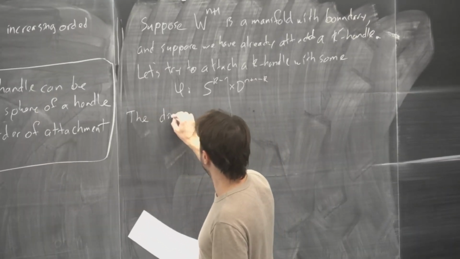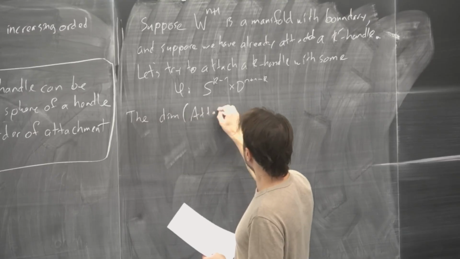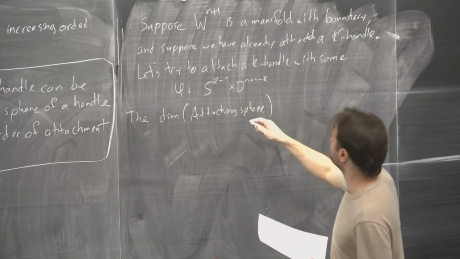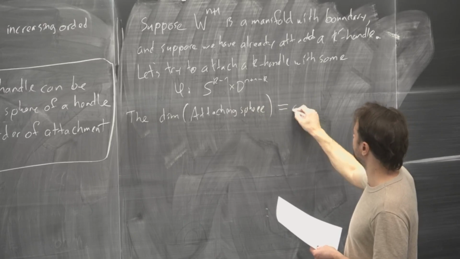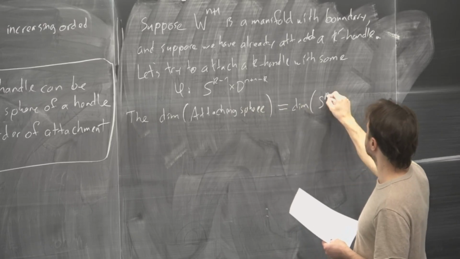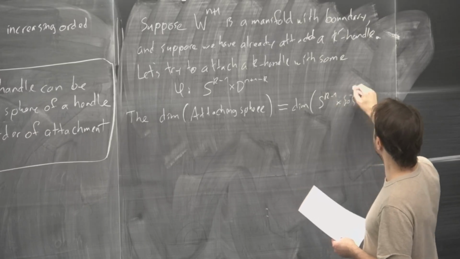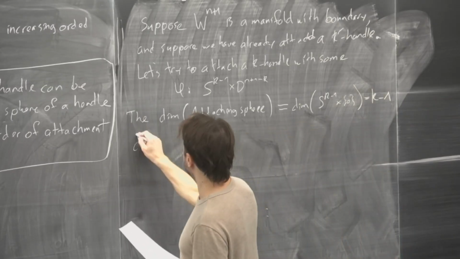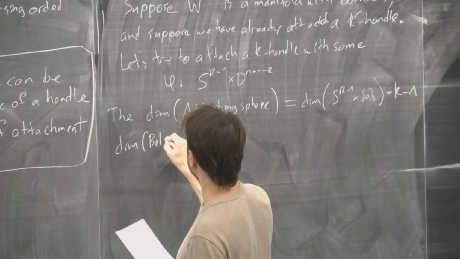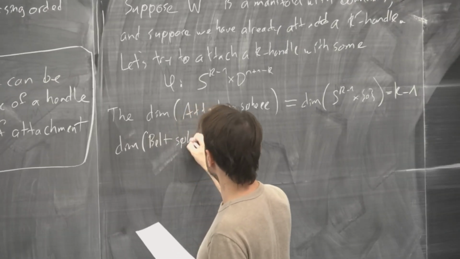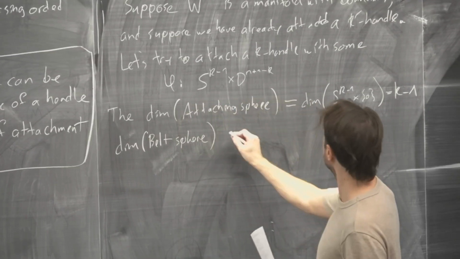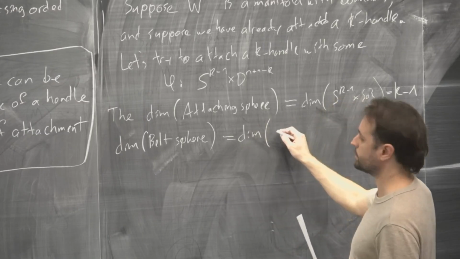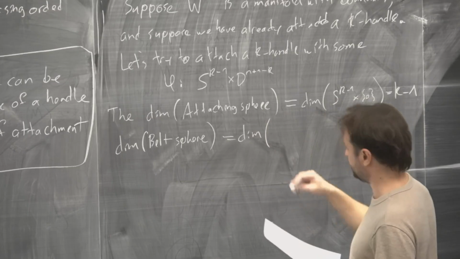In the attaching sphere for our k handle, remember, this is going to be a sphere of dimension k minus 1. And then the belt sphere of our k' handle, that we're trying to avoid,